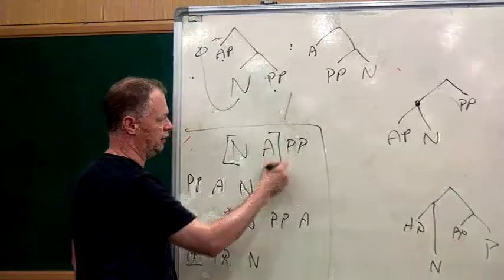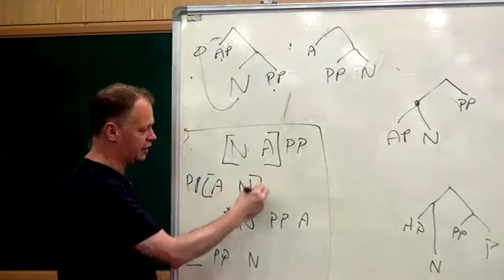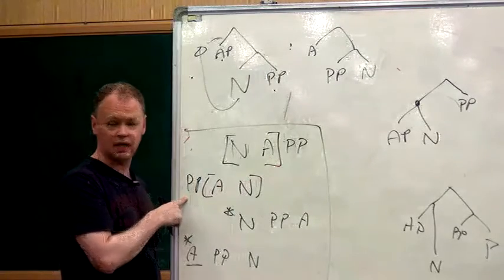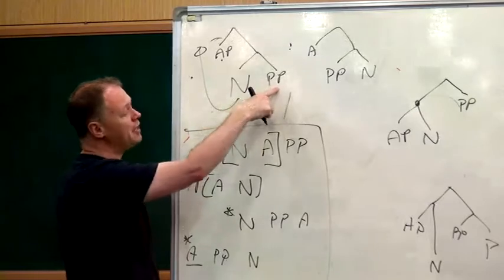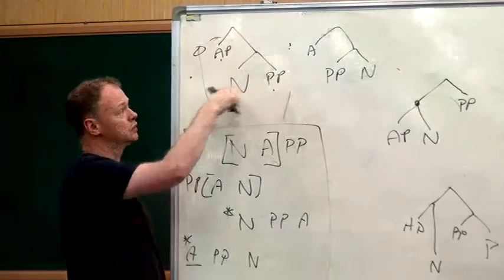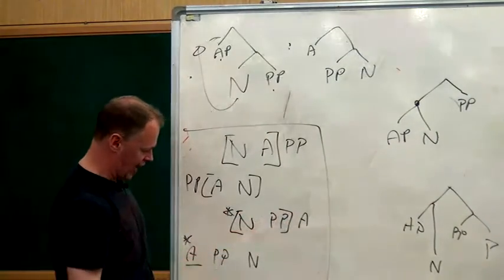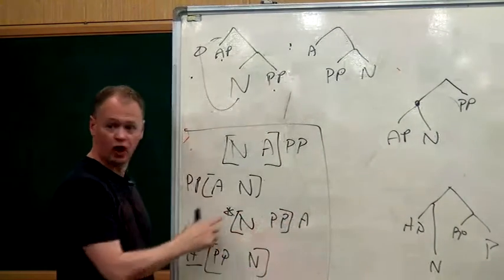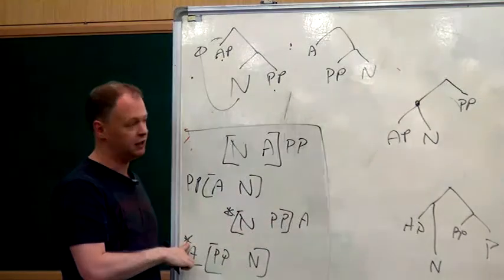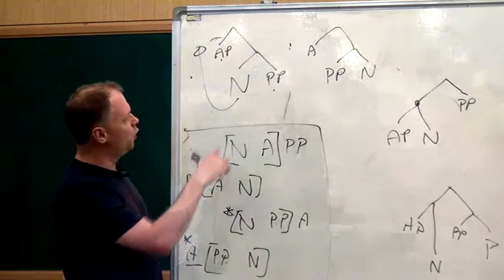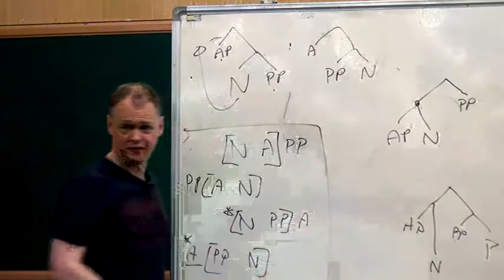Look, the AP and the N are a constituent to the exclusion of the PP. That's not what happens in the standard view. In the standard view, the NP and the PP are a constituent, to the exclusion of the AP, which we might expect you can do, but these are not found. So that's the PP peripherality generalization, which is weird on the standard view and very straightforward on my view.